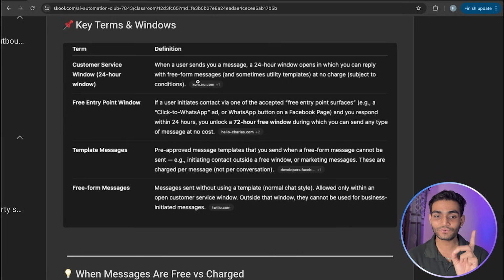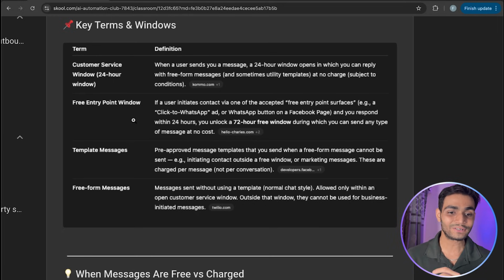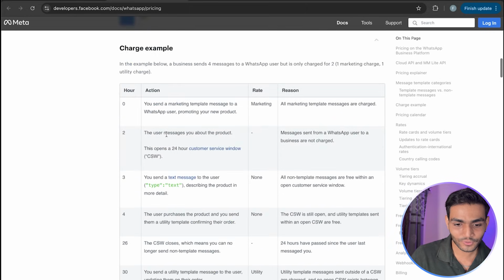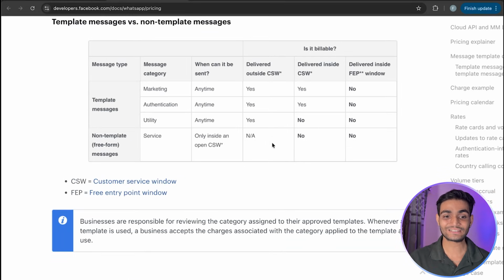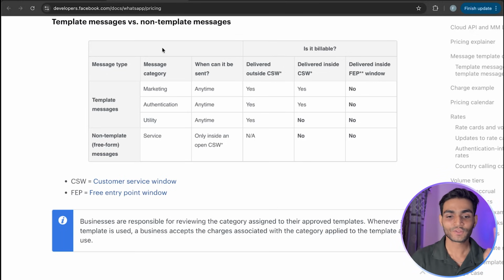Okay, so another one is the free entry point window. These are not terms which I am making up from anywhere. If you go to the pricing documentation and scroll down, here we'll see the customer service window and the free entry point window. Okay, so this is where I'm telling you everything. Now if you see this, as I told you, template message and non-template message, free form message. In the message category there are multiple categories: marketing, authentication, meaning OTP authentication kind of things, utility,